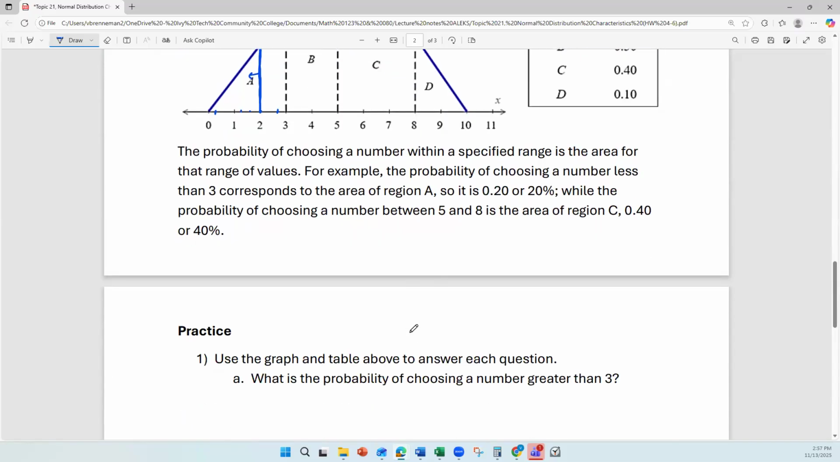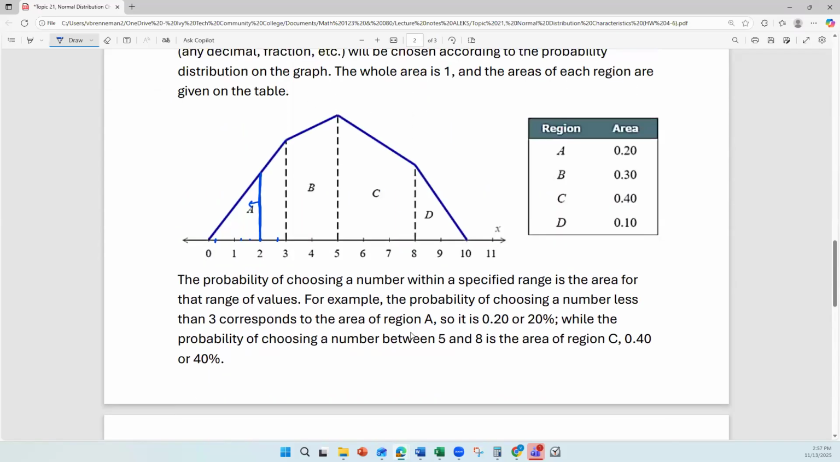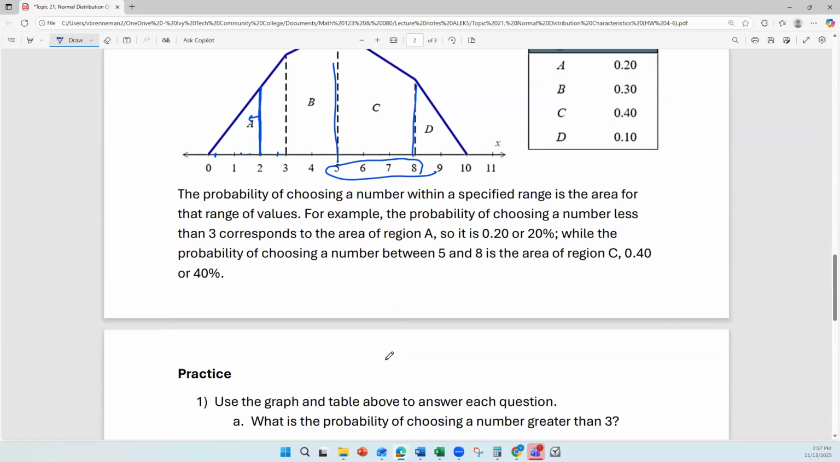But like the area, or the probability of choosing a number between 5 and 8, that would be anywhere in here. And that would be the region between the vertical lines at 5 and 8. That's region C, so it would be probability of 0.4, or 40%. So probability of choosing a number greater than 3